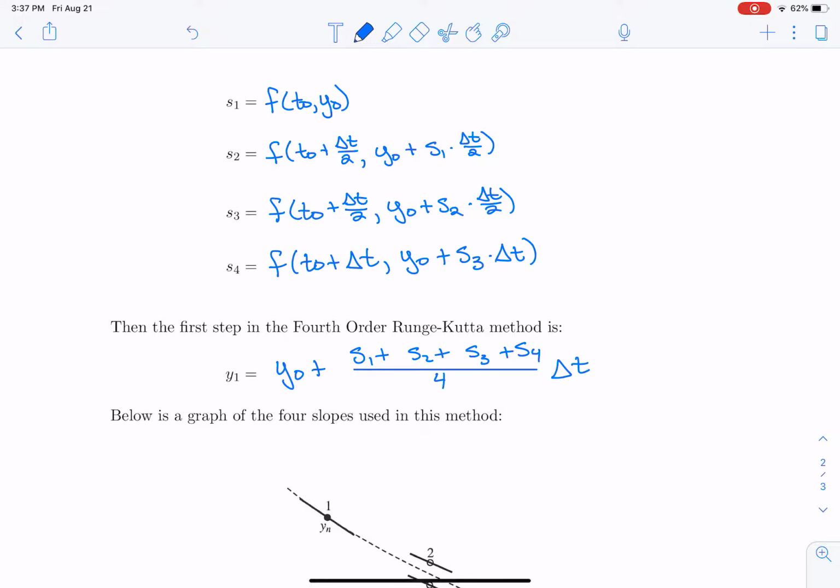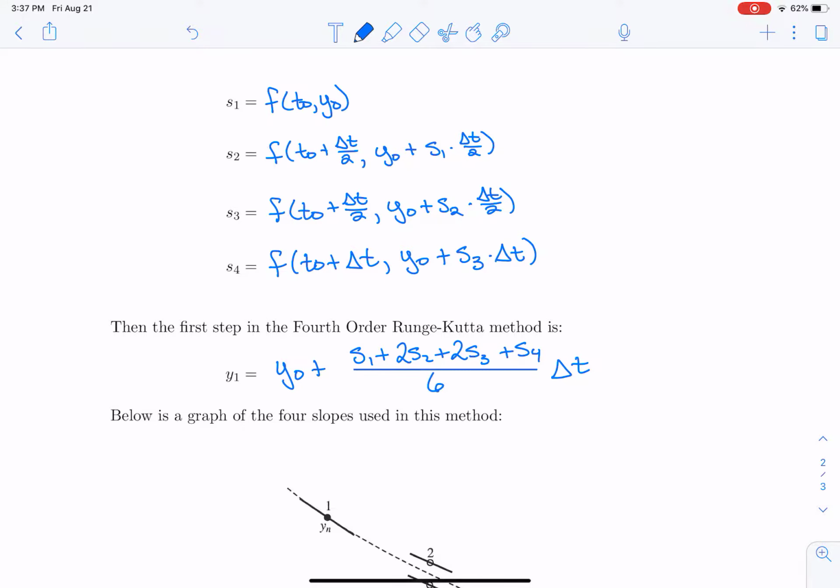But it turns out that a better estimate is actually to use a weighted average. So we could do 1 s1 and then 2 s2s, 2 s3s, and 1 s4. And so since we're weighting those slopes, we're going to divide the whole thing by 6 and use that weighted